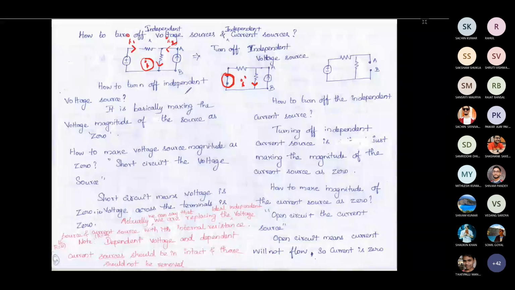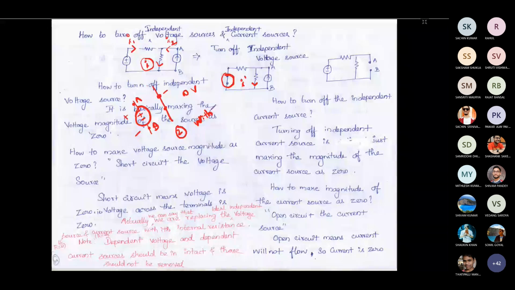Okay, if I have a voltage source and I want to make this voltage 0, what should I do? The voltage across any element can be 0 only if the two terminals are short circuited. Let's say this is A and this is B. If I want to make the voltage across this element 0, you can consider that it should be shorted. That is one way of saying it. The other way is to replace the source with its internal resistance.